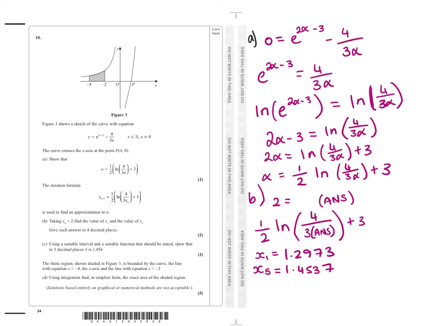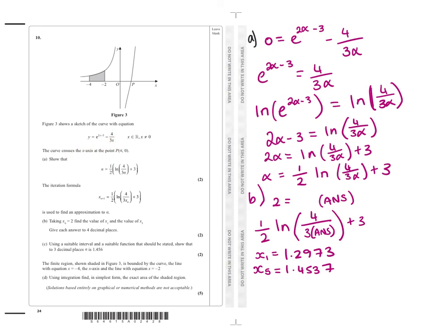Part C says, using a suitable interval and a suitable function that should be stated, show that to 3 decimal places alpha is 1.456. So to show that it's 1.456, what I'm going to do is use the function f of x equals e to the 2x minus 3. So I'm going to go back to this equation here,